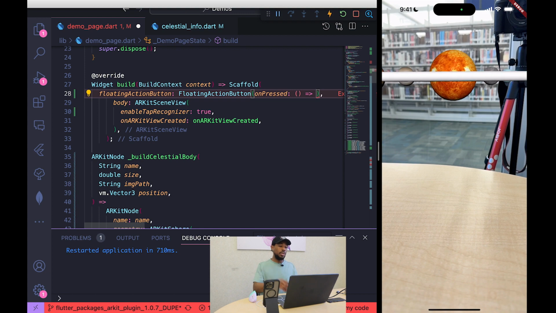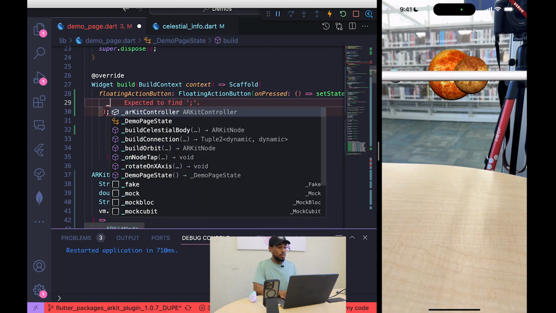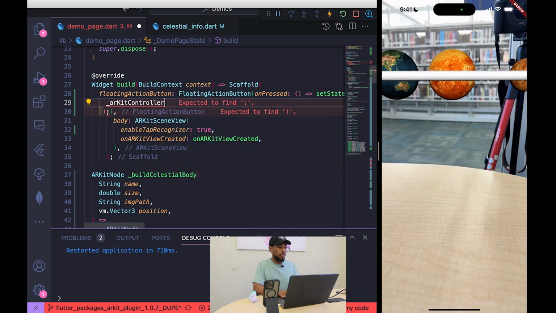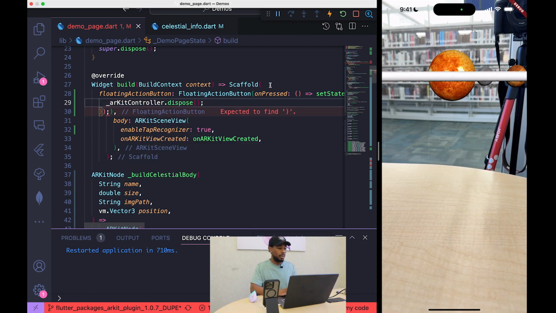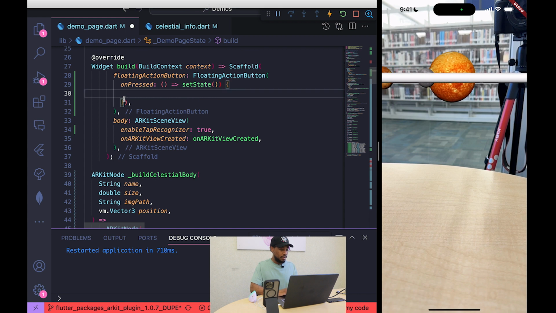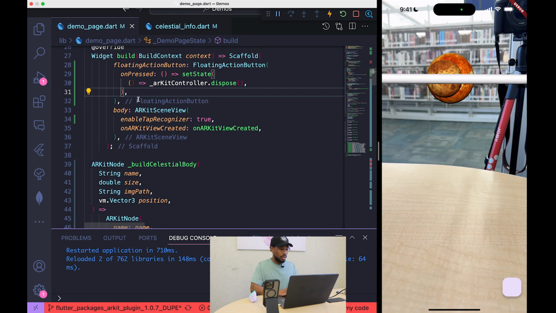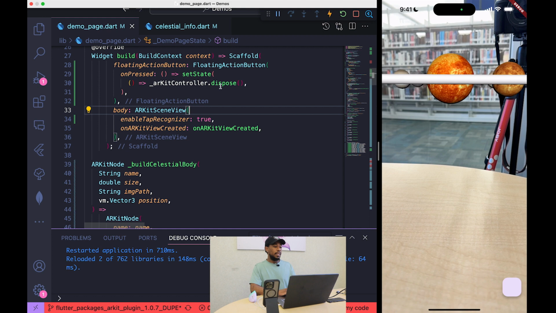So we want to rebuild the state, so we'll call set state, and then in here, we also want to dispose of our ARKitController because when we refresh, we don't want that to be lingering around. So we'll dispose of that in our state method. I really like to do lambda functions a lot. I believe this is what you call it, a lambda function. There we go, it just looks better. All right, so we dispose when we tap that button,